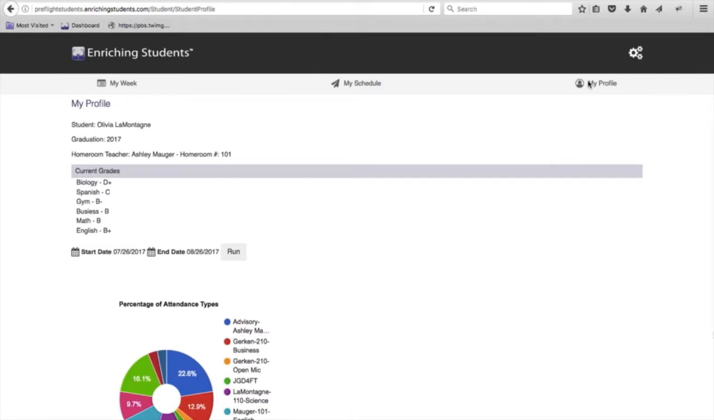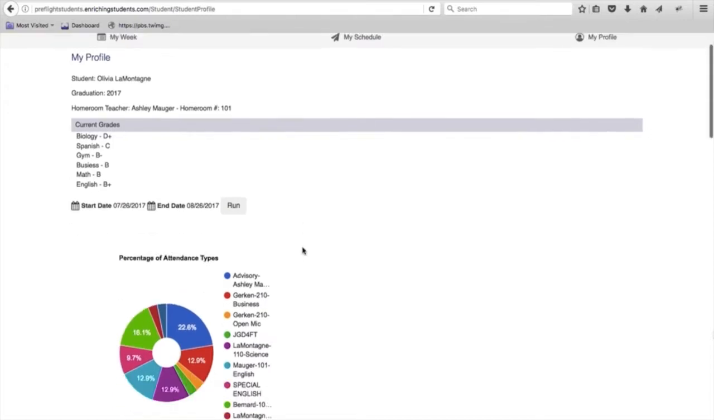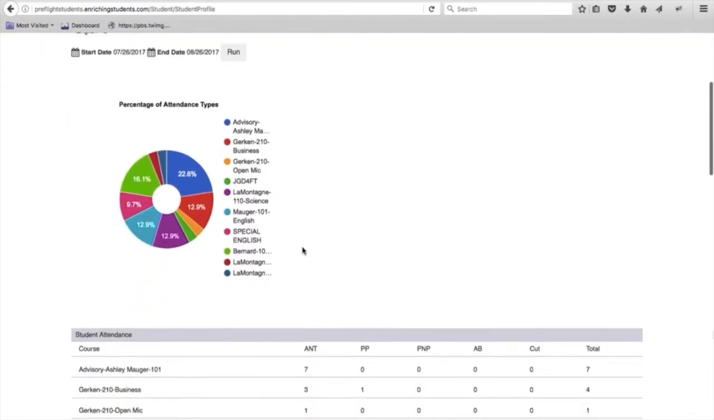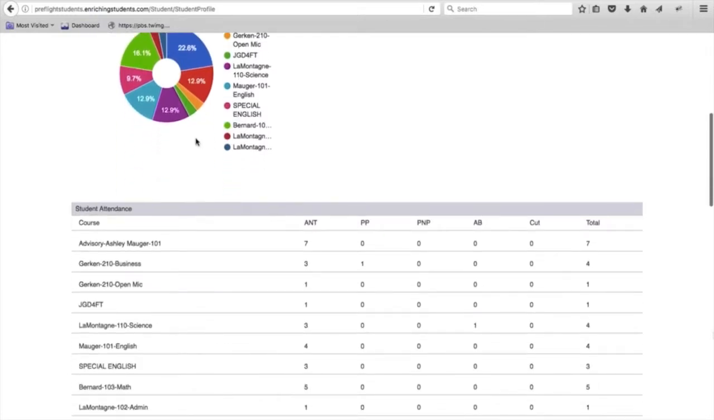Next is your profile page. This page shows data about your appointments and attendance. You can see your current grades here. Then scrolling down, you'll see a chart about your percentage of attendance types, or what percentage you've attended what courses for this date range. Below is a table for each course, and it shows the attendance type you've received for